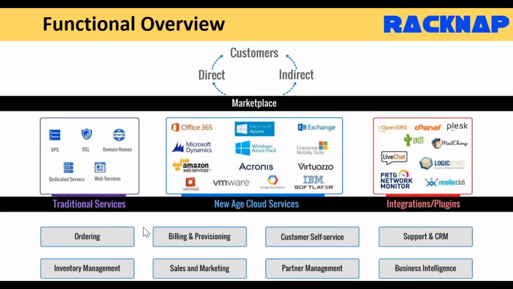Which means you can offer them website solutions along with domains, along with, let's say, Office 365 emails, etc. From a bundling standpoint, RackNap's ordering capability helps you with bundles. Billing is a very strong capability of RackNap, which offers different capabilities around prepaid, postpaid, pay-per-use, etc. From a provisioning standpoint, where we have automation enabled for a number of these services, RackNap can provision these services automatically.